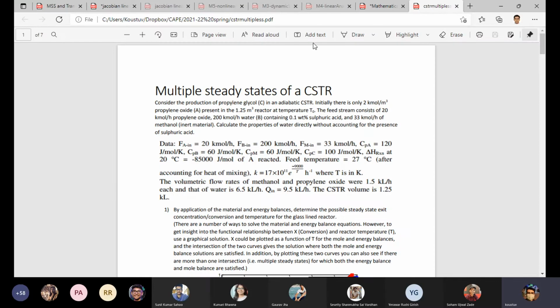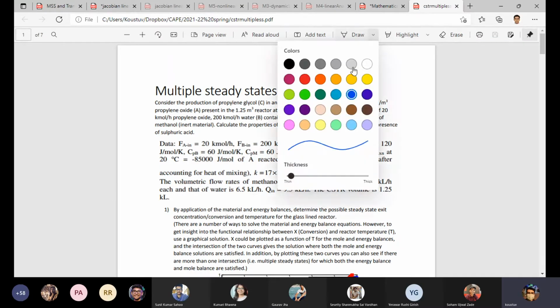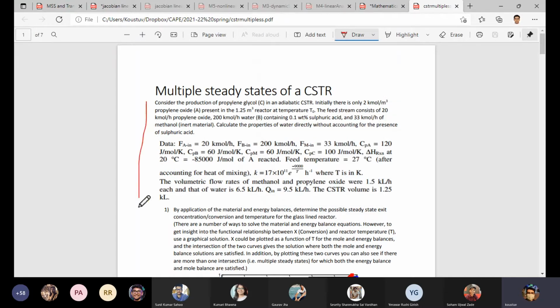So this particular problem, which I also mentioned in the previous class, can be given. I think I will frame this problem and give it as an assignment, to not only obtain the steady state values but also do this linearization technique and comment on which steady state points are stable or unstable. This will give you a broad understanding of the learning that we have made in the class. I will give this in the form of a second assignment.